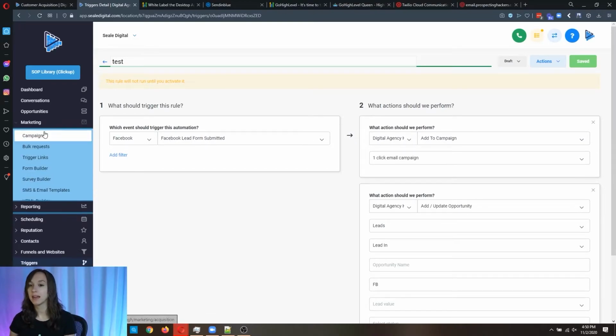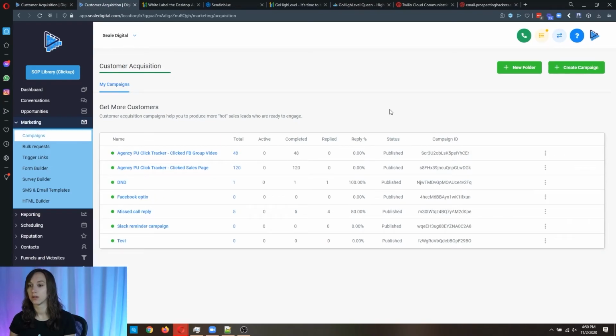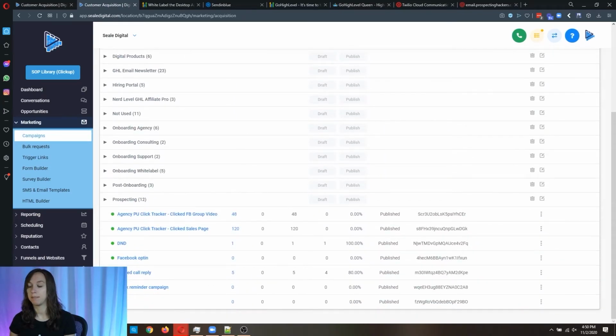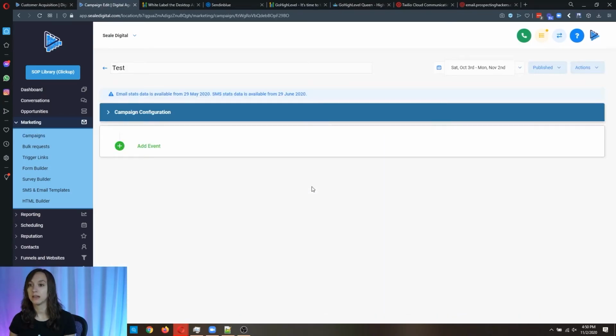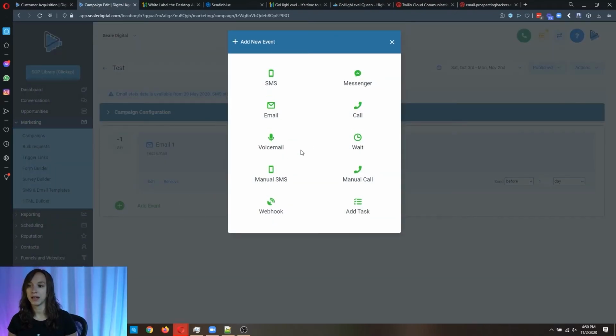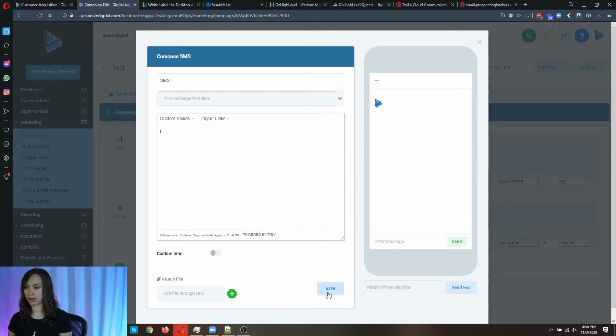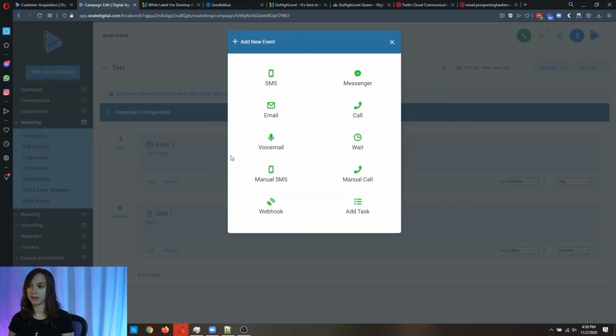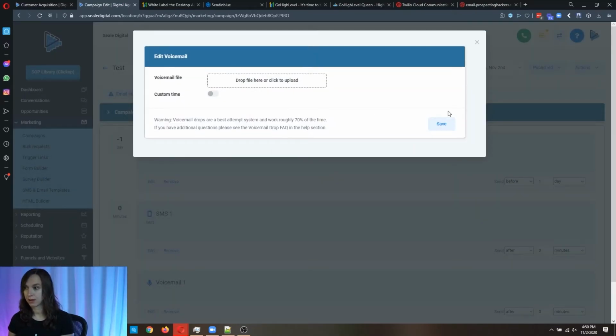The campaigns are any actions that you want to take to connect with the lead. So you can go in here, you can add a text message, okay? You can voicemail drop them.